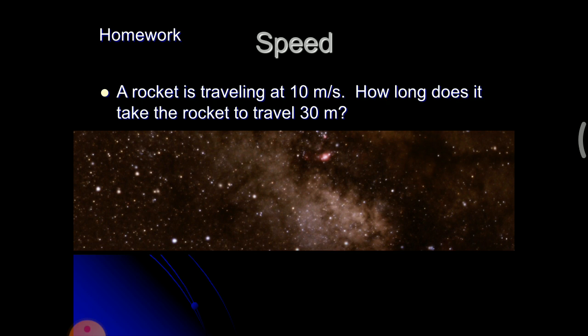So how to calculate the value of t? You know the formula speed s equals d by t. If you arrange the equation so that t comes to the left side, we get t equals d by s. Using this formula, you can calculate the value of the time. This is homework for you. Do it.